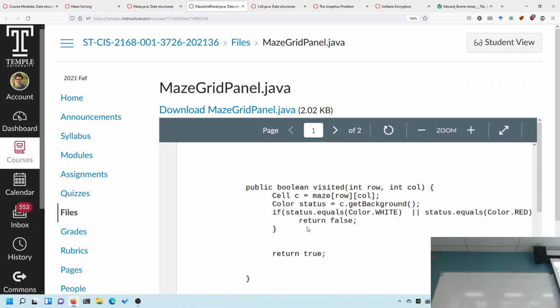Your maze is divided into a bunch of square cells, because that's the easiest way to make a maze: a grid. Given the row and column coordinates of the cell in question, I ask what color it is set to.